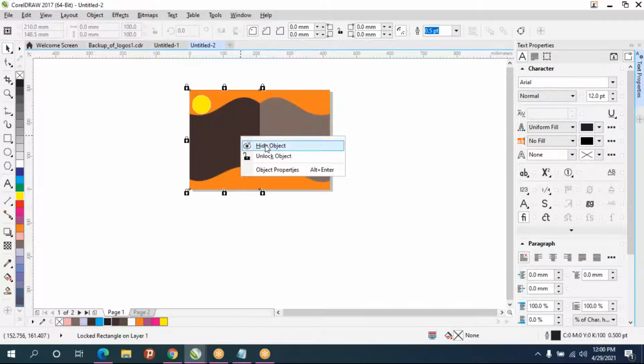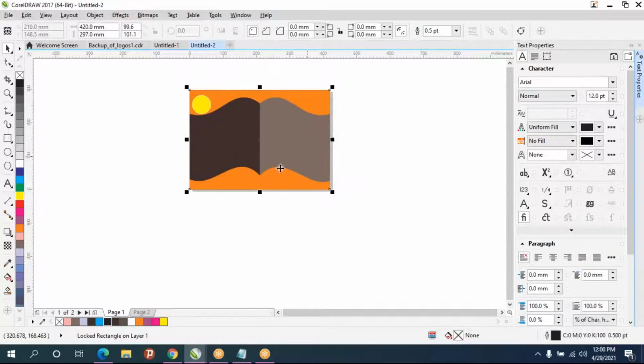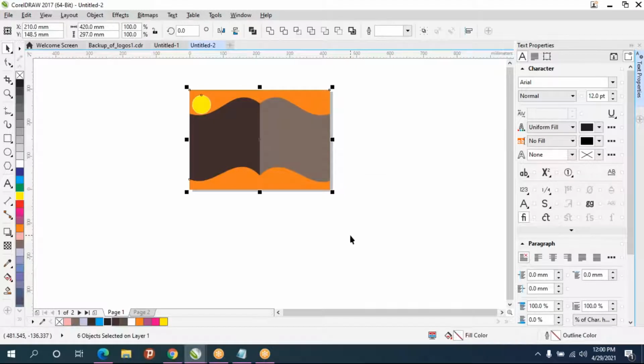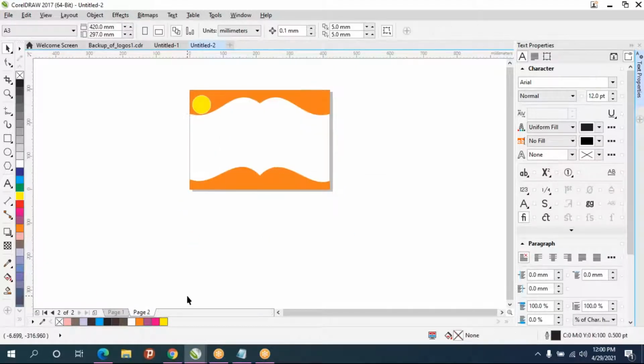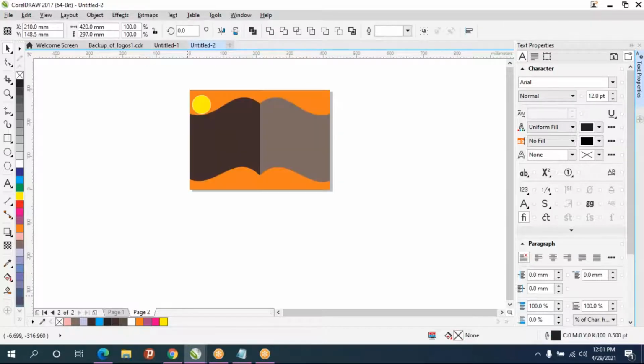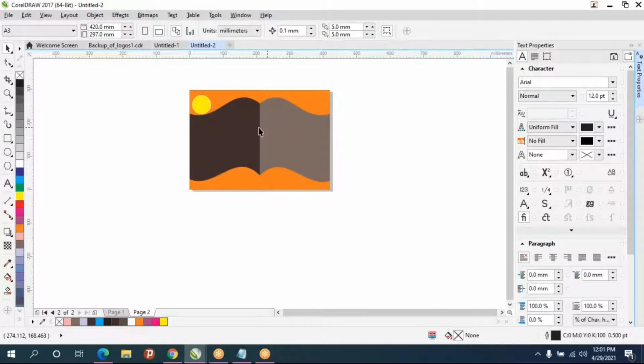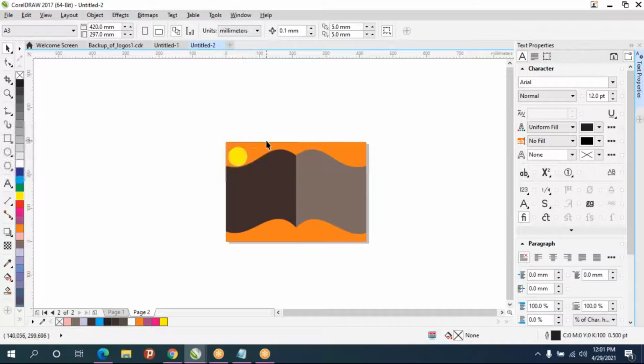So what you do, unlock this, then Control A, Control C, go back to this, delete this, and Control V. So exactly like that it will come. So this we'll see later, the second, the background, back page, and this is inside.